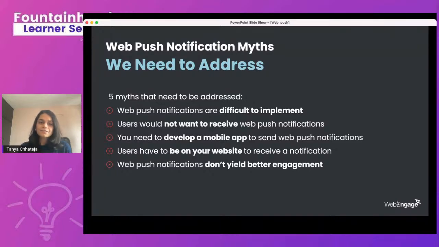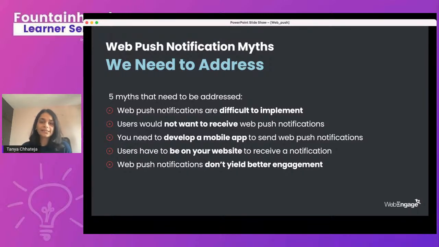The fifth and the last myth is, web push notifications don't yield better engagement. From what I've observed, and from the little research that I've done on this topic, web push notification tends to perform better. Why this would be is because users are coming to you and opting in to receive notifications to begin with.